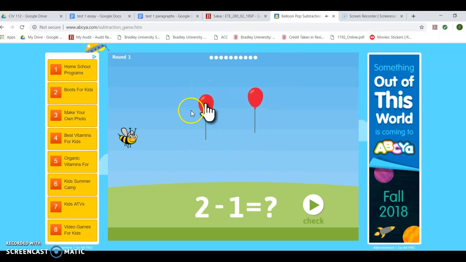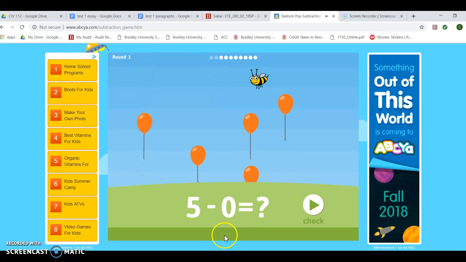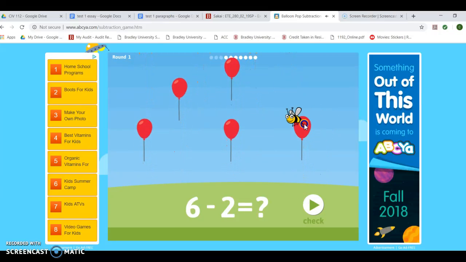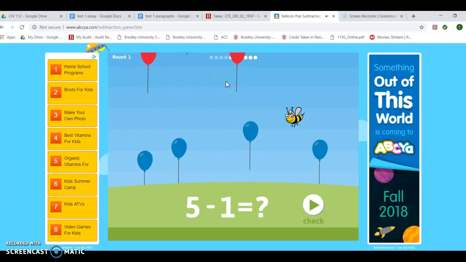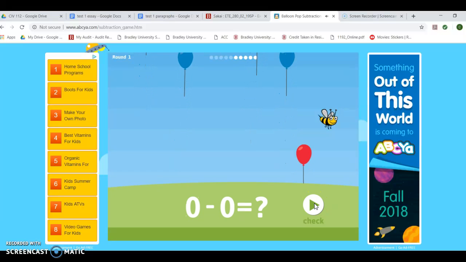So you have two balloons, and you just click on one and pop it. And so then you have the four balloons, and it says to take away two. So you pop two of them, and then it says to take away 0, so you don't take away any. And then you take away 2, so you pop 2 balloons, and you can check the answer, and the kids can see how many are left, how many they got rid of. So it's just a more visual way